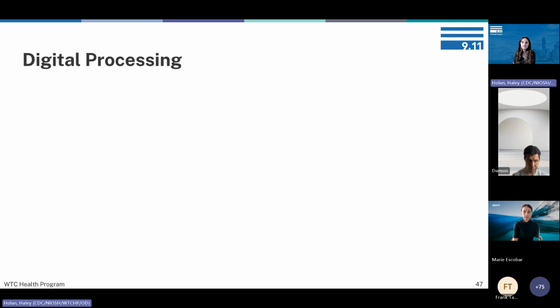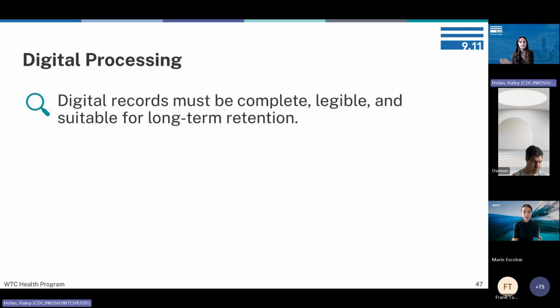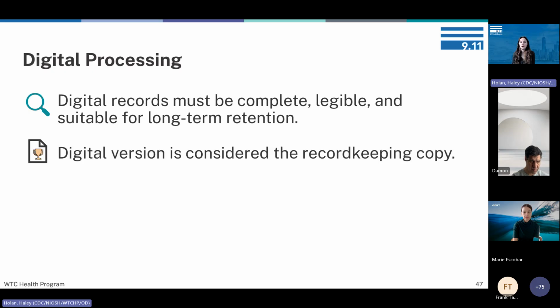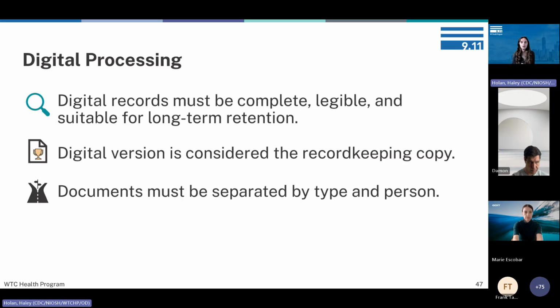So for digital processing, again, these records need to be legible, suitable for long-term retention, and the digital version is considered the record-keeping copy. So once we have those paper documents scanned in, the digital version is the record-keeping copy. That's the federal record. And documents need to be separated by type and person. So in this example,